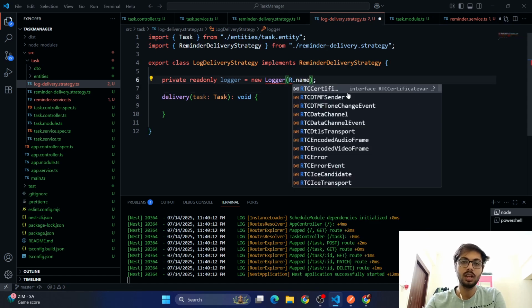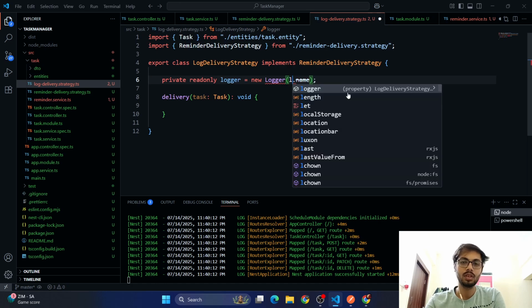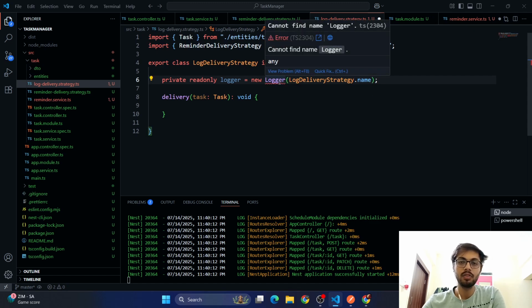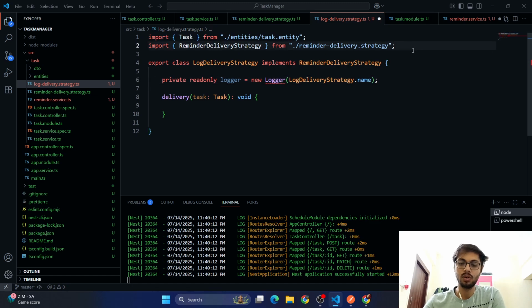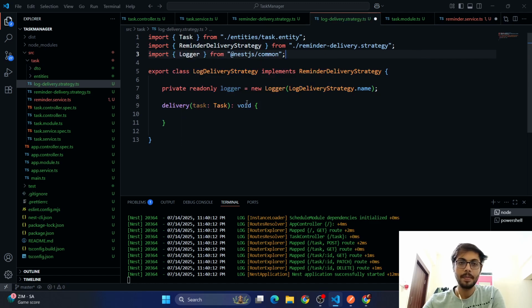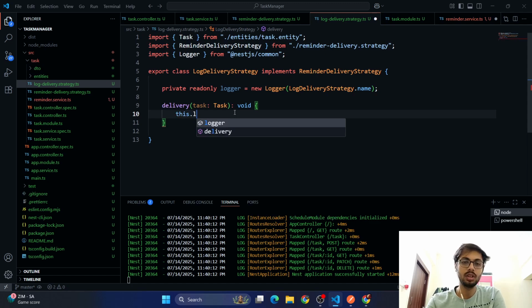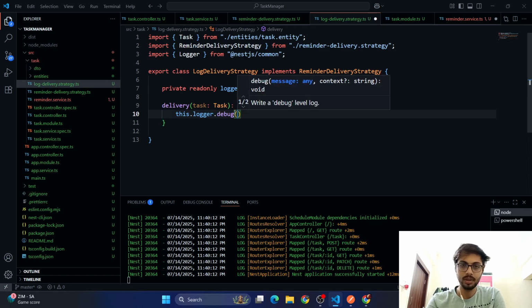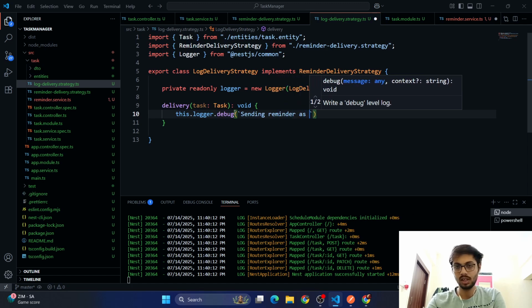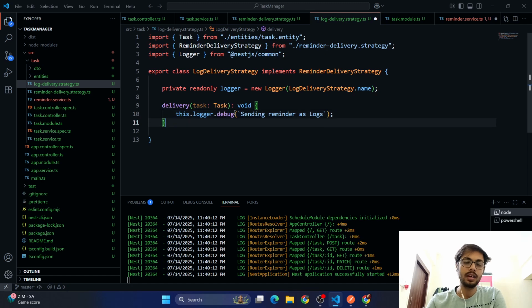We'll do this as log delivery strategy, and we know for the logger, this logger dot debug sender as large. Then